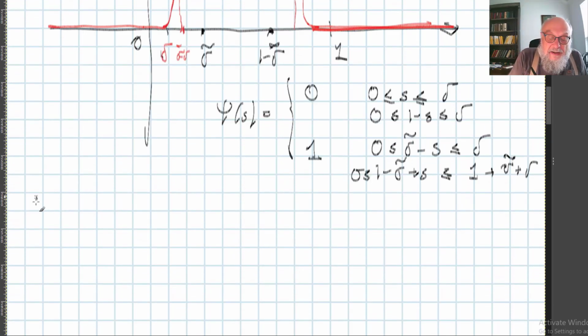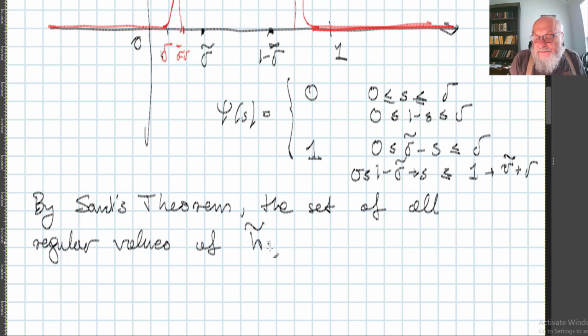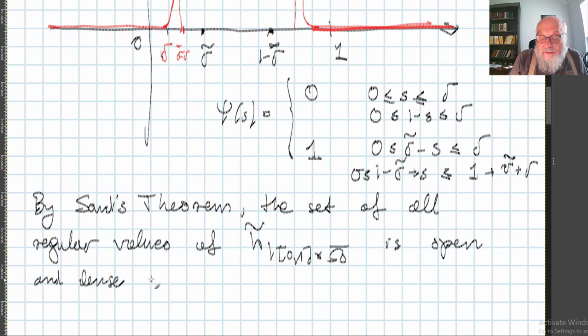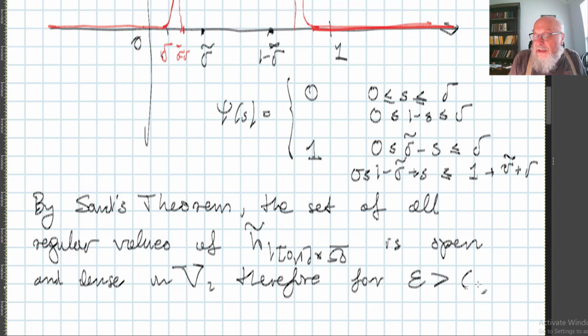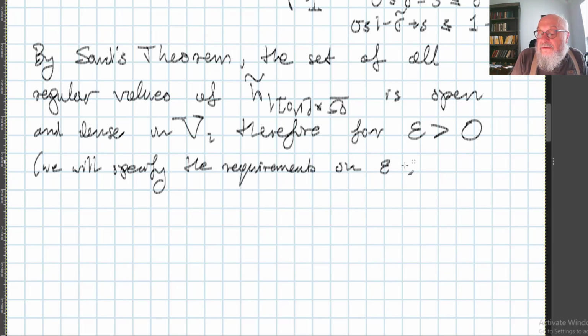And now what we do is the following. By Sard's theorem, the set of all regular values of h tilde, restricted to [0,1] times omega bar, is open and dense in V. Therefore, for every epsilon, and we will specify the exact requirements on epsilon later,